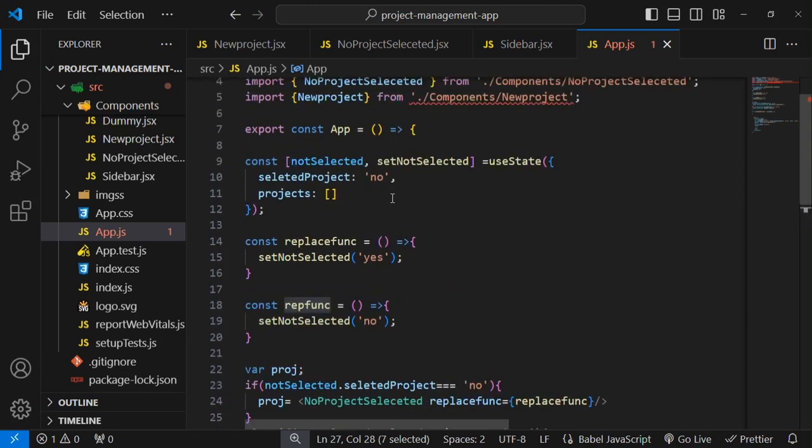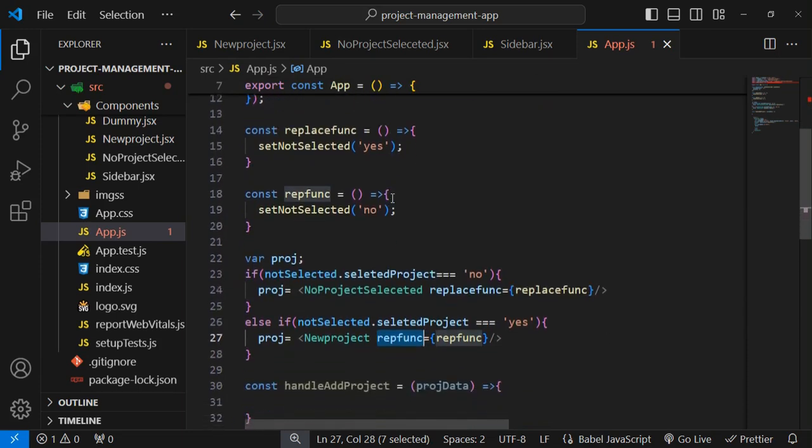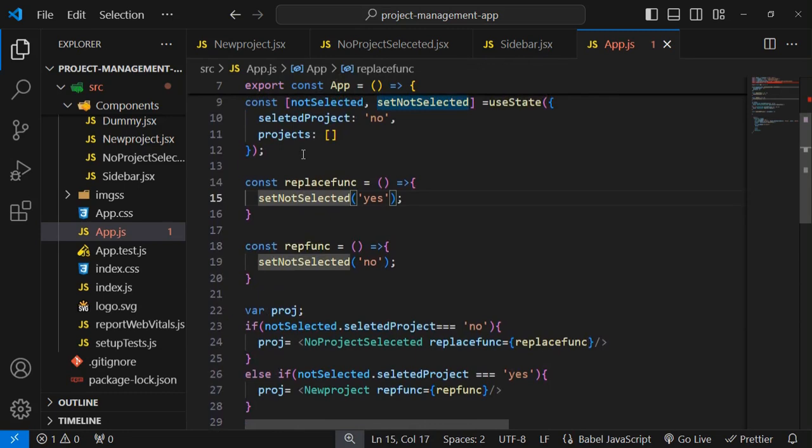Nothing is missing. Then what is the problem with that? So the problem is here that we have written here as set not selected project, and we cannot pass here directly this value. So I have to remove the code here,